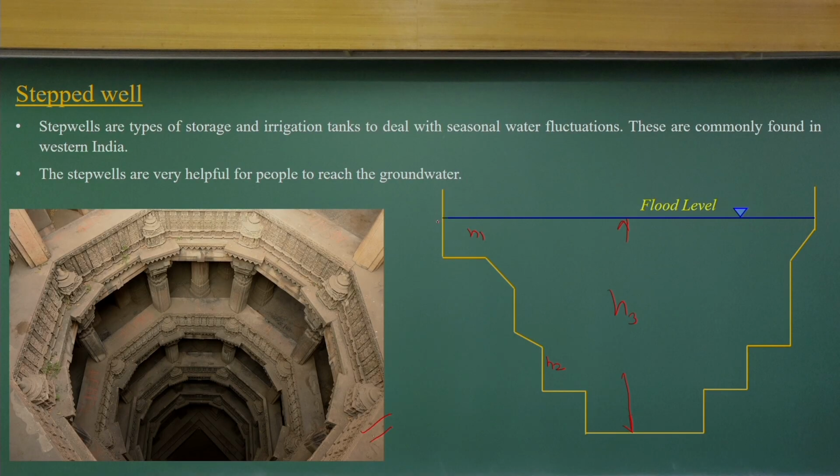For example, let this be the flood level here. Now, I am not considering the complex geometry that is there. I consider a very simplified geometry that I am sketching here: there are inclined surfaces, vertical surfaces, maybe curved surfaces, and horizontal surfaces. And these water levels, if you can understand, fluctuate. During the summer seasons, it goes down. During the rain season, it goes up. So, it goes up and down with seasonal variability.